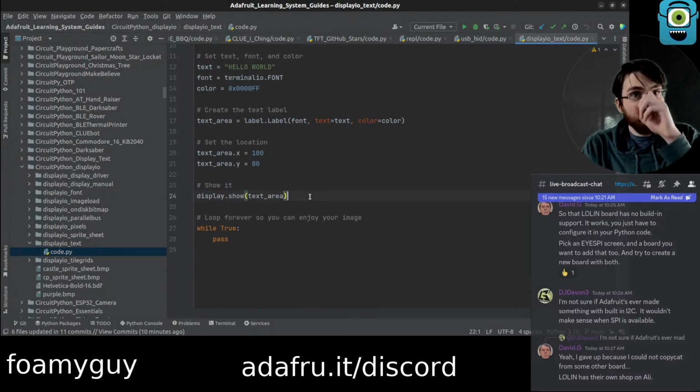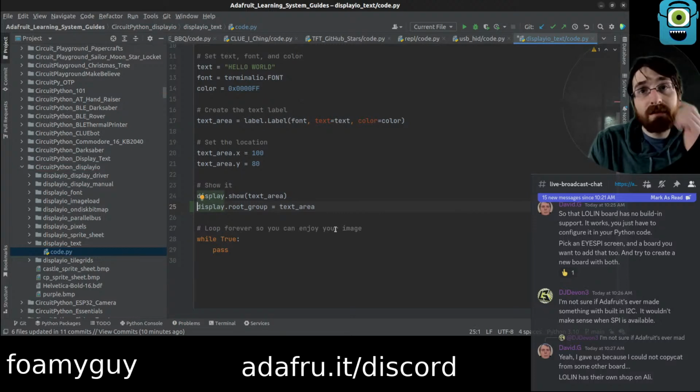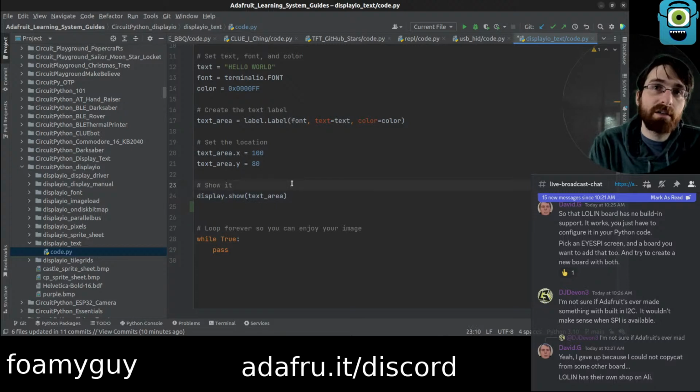So the main change we need to make is that instead of display.show, it's now going to be display.rootgroup equals text area. The most basic way to update it is just to overwrite it, right? But the question is, do we want to overwrite it right away, or do we want to keep supporting CircuitPython 7 for a while, in which case maybe we want